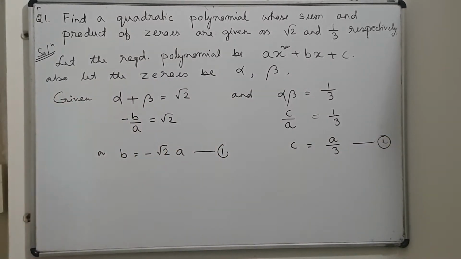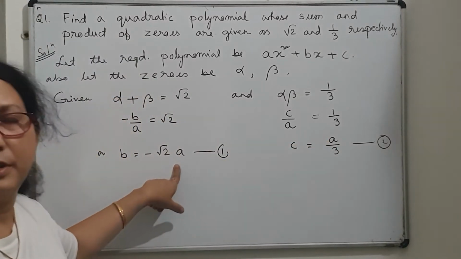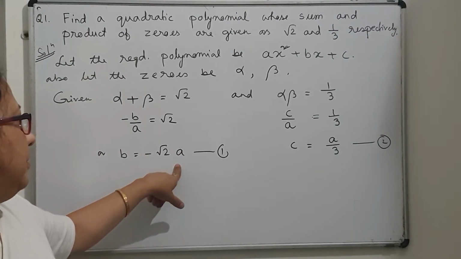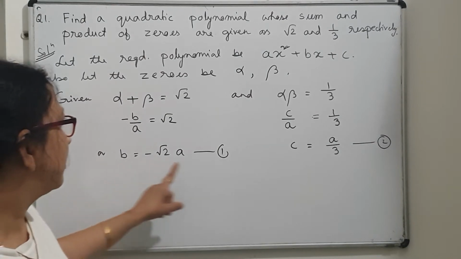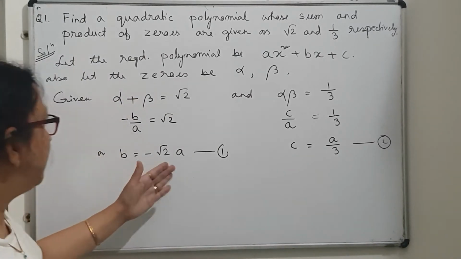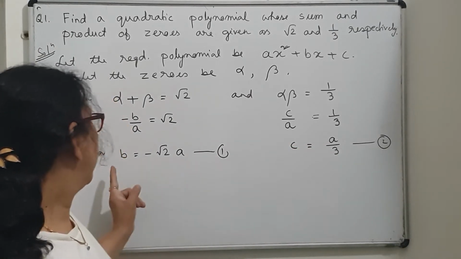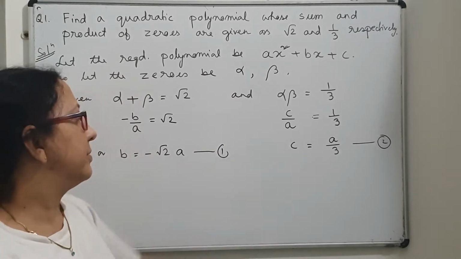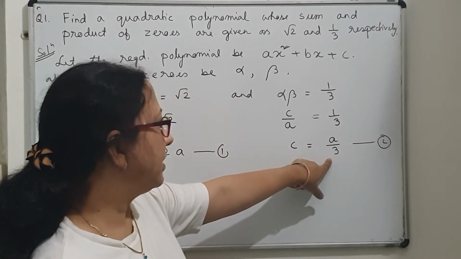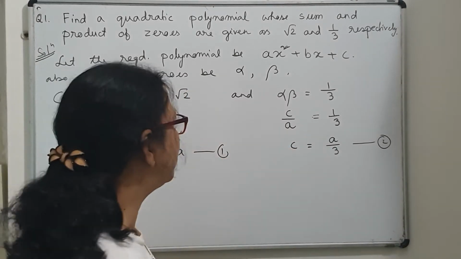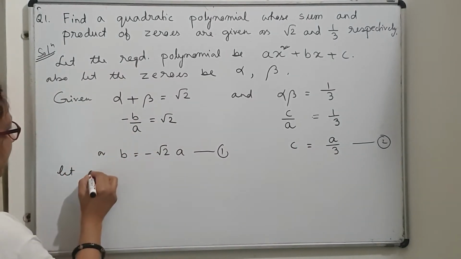So you see two equations and three unknowns a, b, c. But in both the equations one variable a is common. So I can choose any value, suitable value of a, so that I can find the values of the other coefficients b and c. So here I will be choosing some value of a. So generally we choose the value in such a way that the b and c are integers. So obviously you see, what should I take? The value of a should be multiple of 3. So either you take 3, 6, 9, etc. anything. So let me take a to be 3. So let a is equal to 3.